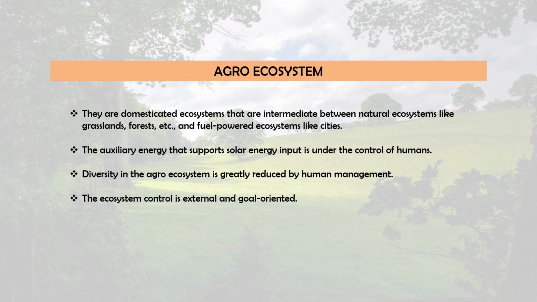So, by employing auxiliary energy like human labor, fertilizers, pesticides, to do the maintenance work that in natural ecosystems would be accomplished by solar energy only, which allows more solar energy to be converted directly into food. And the genetic selection of food plants and domestic animals to get maximum yield in the specialized environment. These are the two benefits that can be found in this type of ecosystem.